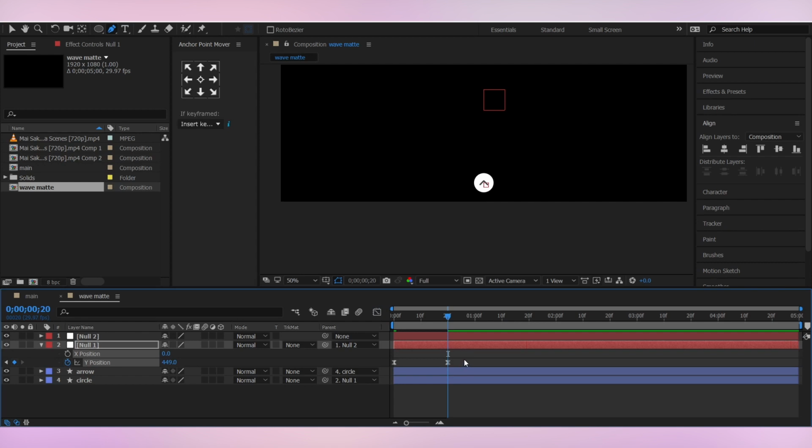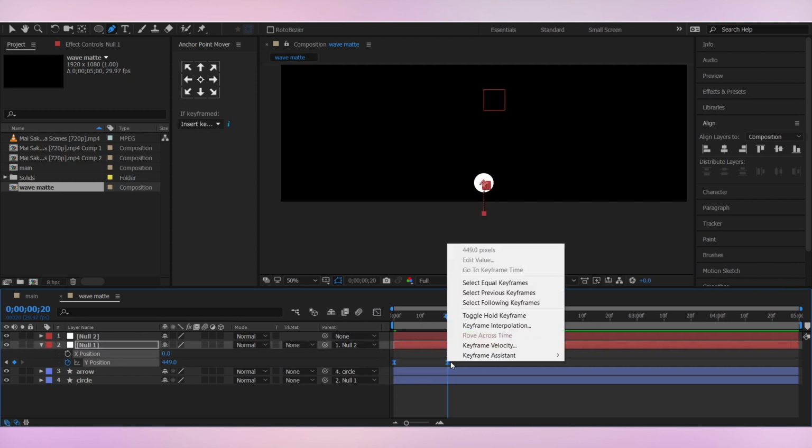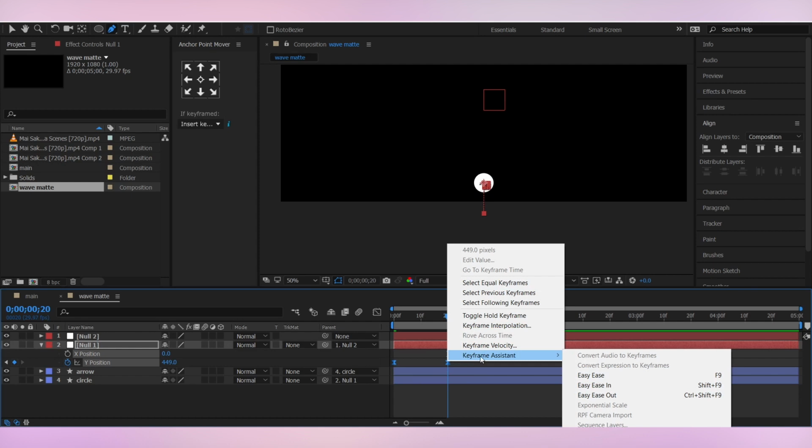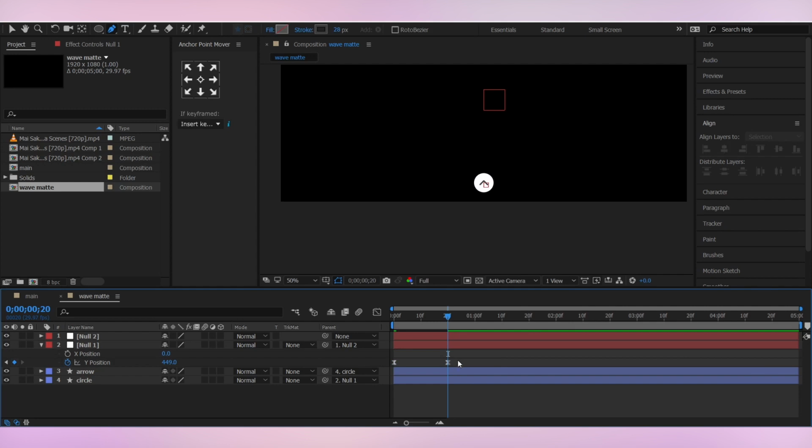Then select both the keyframes, press F9, or you can just select both the keyframes, right click on them, go into the keyframe assistant, then you can easy ease them from here. I prefer using shortcuts because they are really handy and makes your workflow fast.